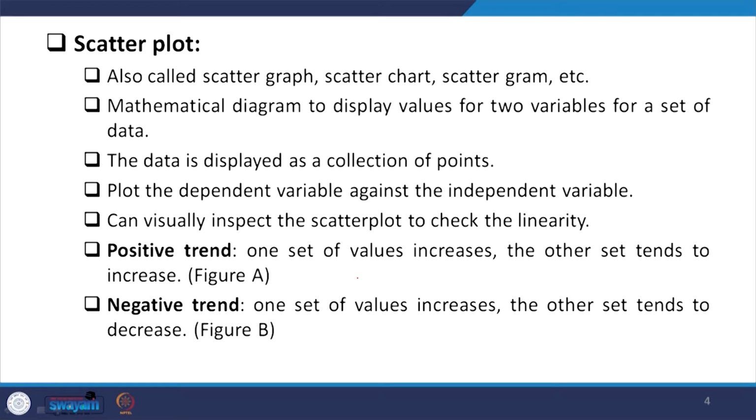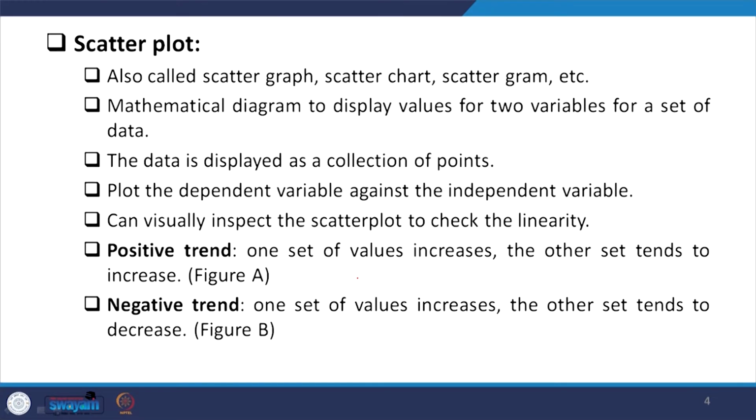The plot shows the dependent variable against the independent variable, so we can visually inspect the scatter plot to check the linearity. A positive trend means there exists a positive relationship, which is clarified as one set of values increases, the other set also increases, whereas the vice versa is valid.